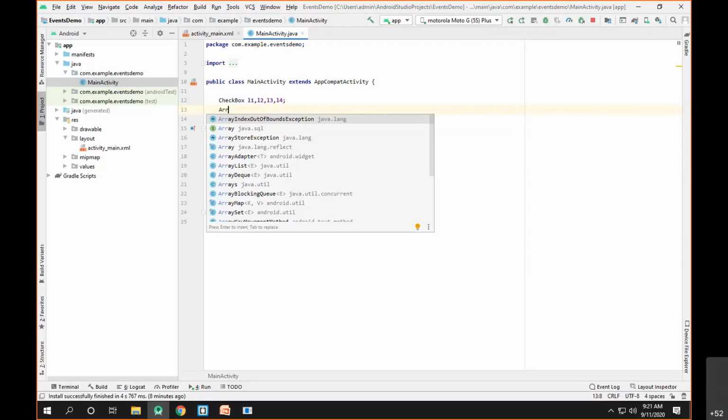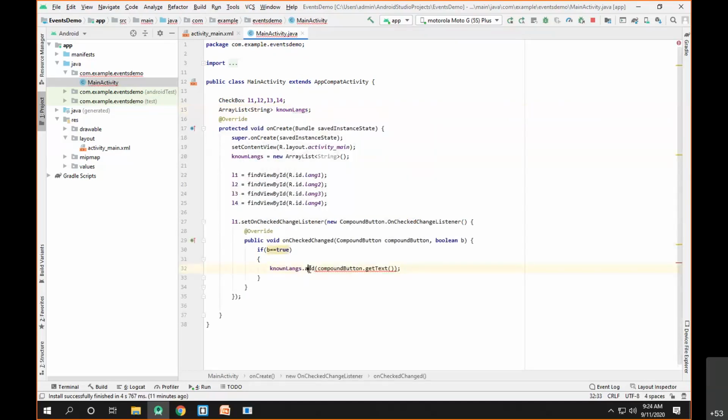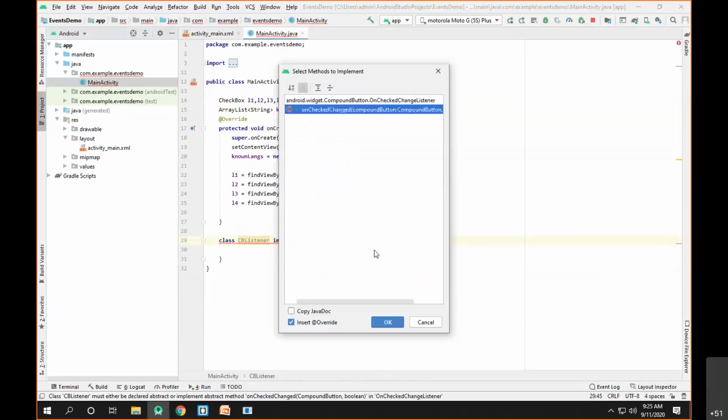Now, in order to make your code easy, I'm implementing the OnCheckedChangeListener. So let's say class CBListener, which will implement it. What we have to do here is insert the element inside the array list if the value of b is true, so knownLangs.add(compoundButton.getText().toString()).